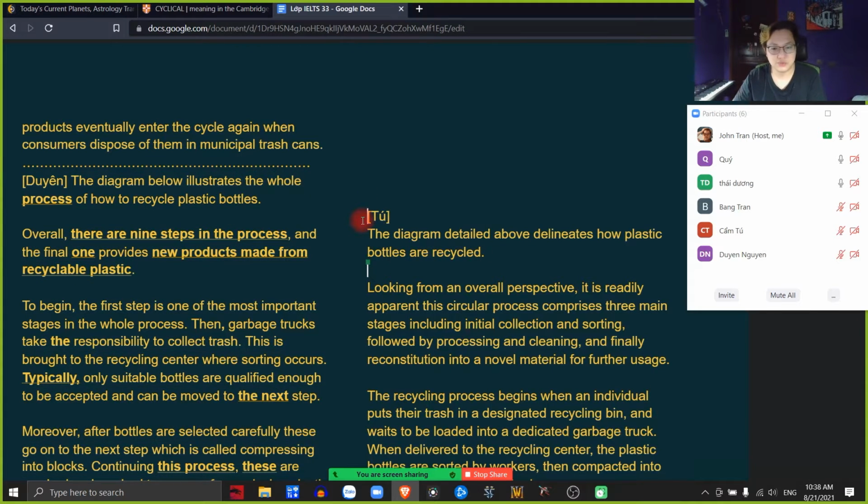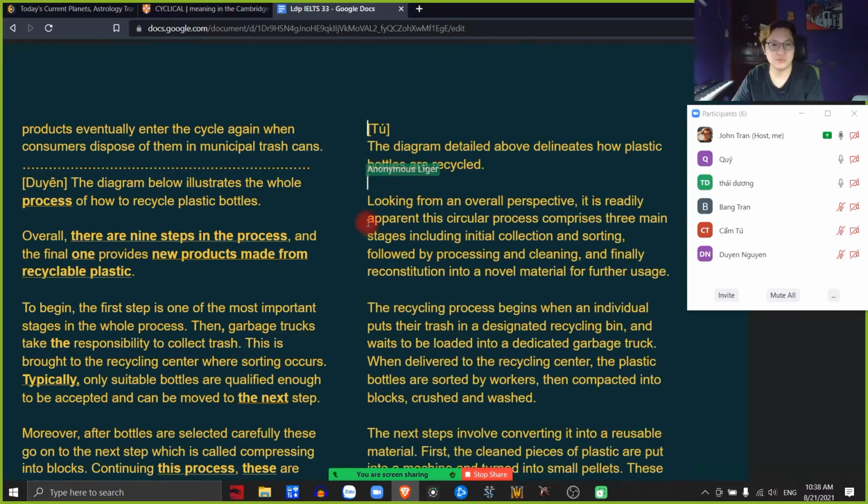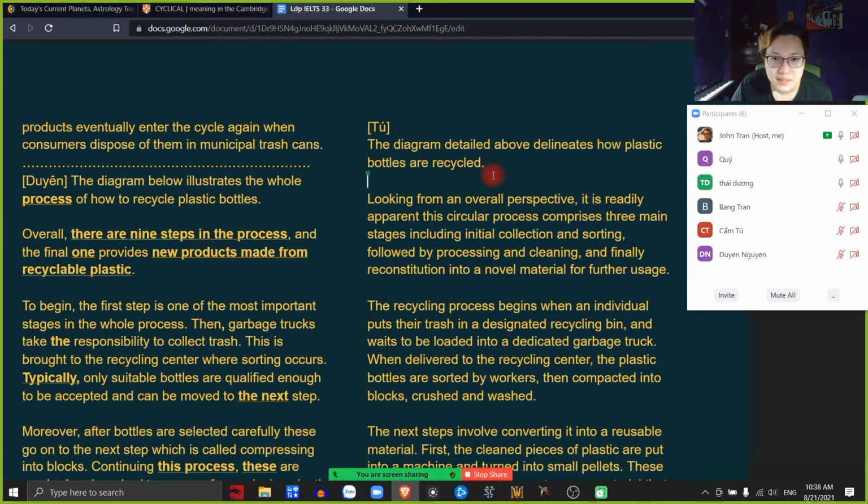Now, come to the essay of Miss 2. The diagram detailed. So you use the verb detailed. Em dùng detail như động từ luôn hả? Làm chi tiết. The diagram detailed above